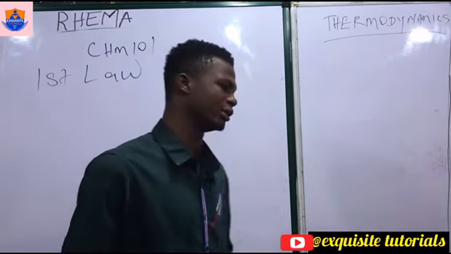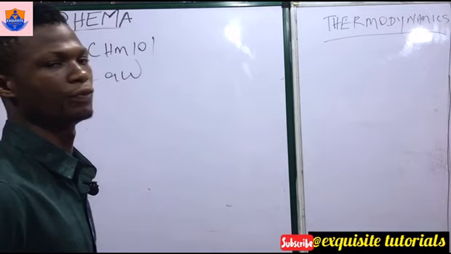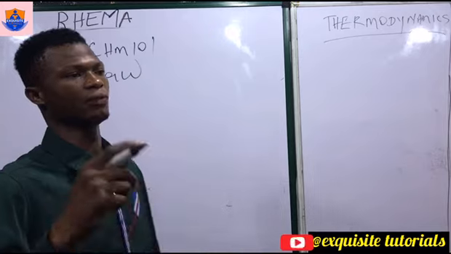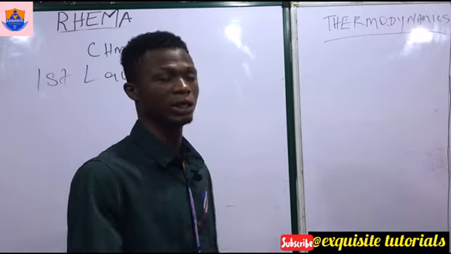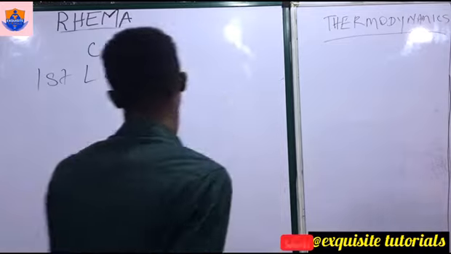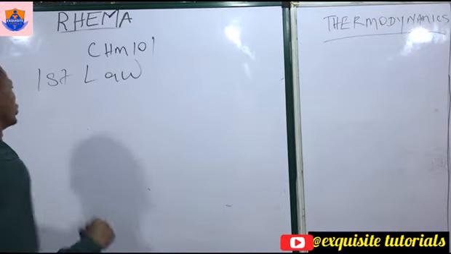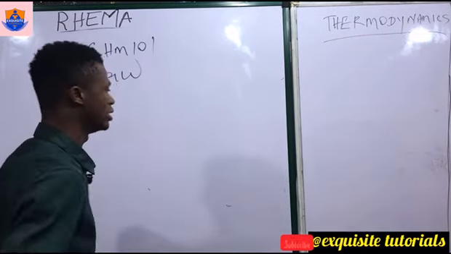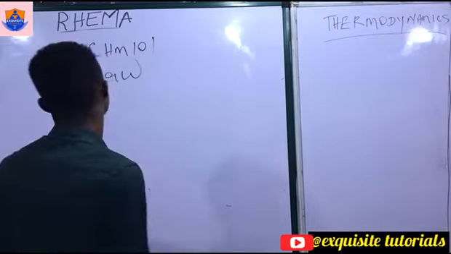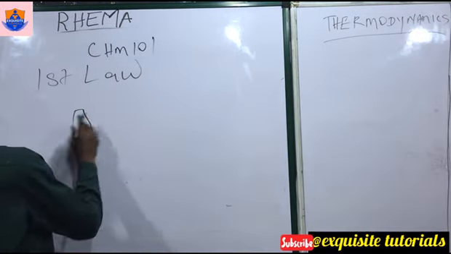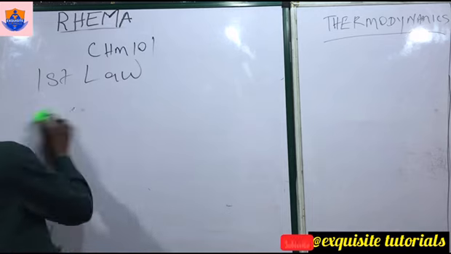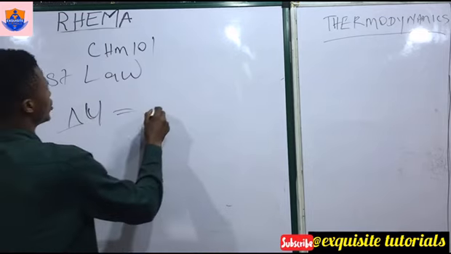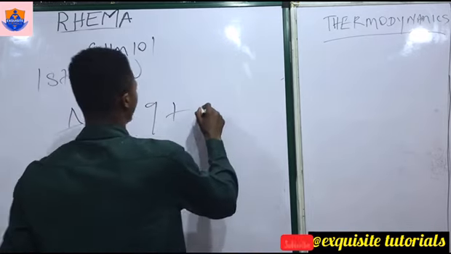Now, this is talking about the equation of the first law of thermodynamics. Just like I told you, understand that the first law of thermodynamics talks about the internal energy of a substance, talking about heat change. Now, let's say, for example, this is the equation for the first law of thermodynamics or internal energy. You are going to get an equation like this in your exam hall. Now, this is the equation: delta U is equals to Q plus W.